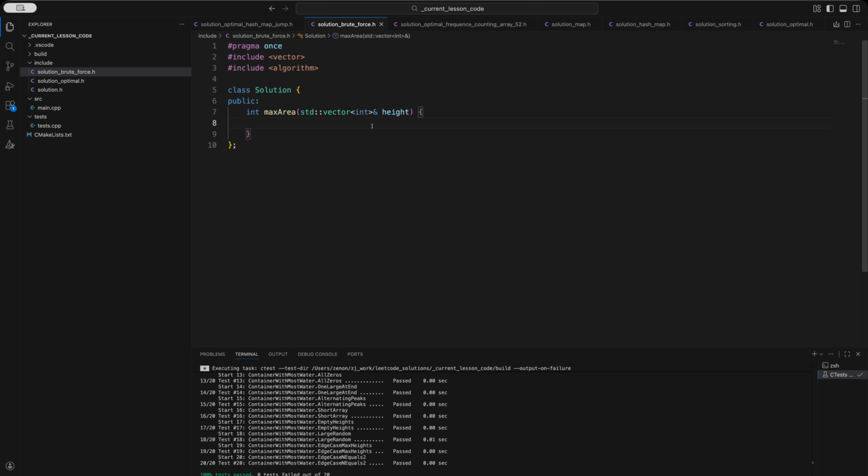We will start by defining a max area variable. We initialize max area to 0, and let's define our two pointers, or our two indexes, left and right, because in the optimal solution we are using the two pointers approach. So we initialize left to 0, which is the first element in the array, and right to the size of the array minus 1, which is the last element in the array. Now we will have a while loop,